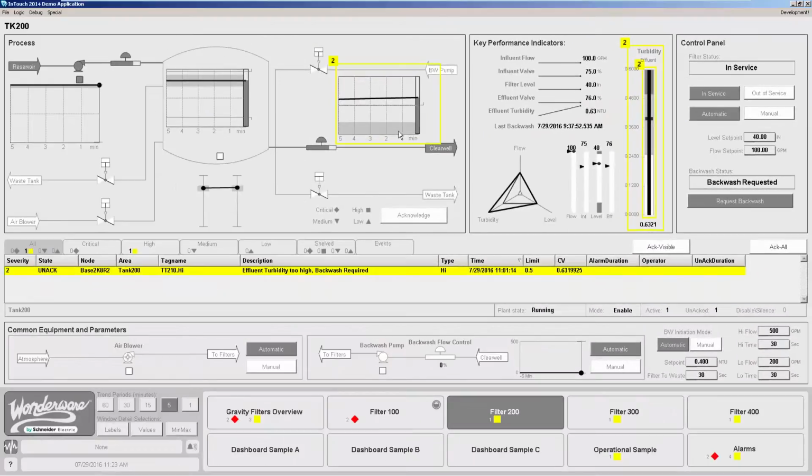So this is just one example of how situational awareness graphics can help you understand where problems may exist in your application and also bring more contextual information to your data. Instead of just having a numerical value, I can see what that value is, what the trend of it is, if it's in alarm, how close is it to its alarm set points,